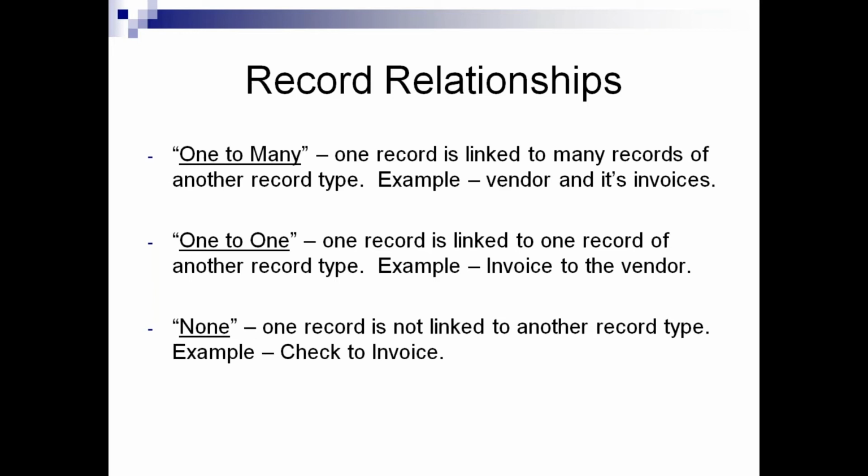When you're designing your report, you need to keep that in mind if you are pulling information out of that master file that pertains to invoices. The record relationship one-to-many, AP is a good example of that, because a vendor is going to have potentially multiple invoices. So you need to recognize that each vendor could have multiple invoices, multiple distributions, multiple checks, multiple